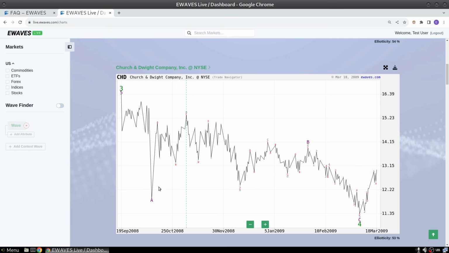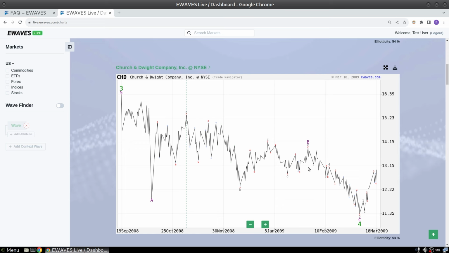All other patterns can be disambiguated by their internal structures very early on. So this just gives you that extra little bit of clarity when you're looking at a chart. The second reason is because a triangle is a 5-wave move, as opposed to a 3-wave move like all of the other corrective structures. That may not seem important now, but in a moment when we start talking about the wave finder, you'll see that it is important to be able to address the position within a pattern by its